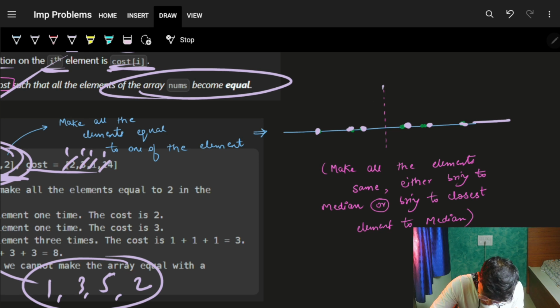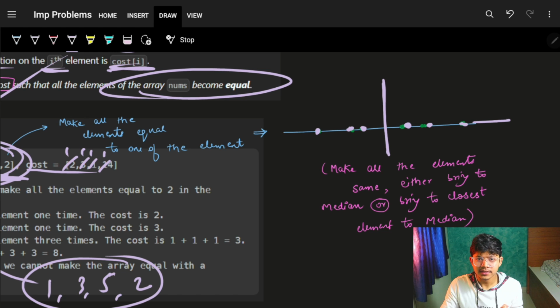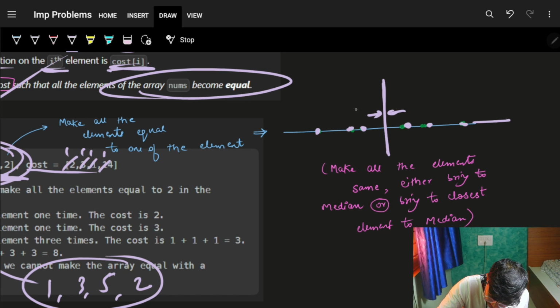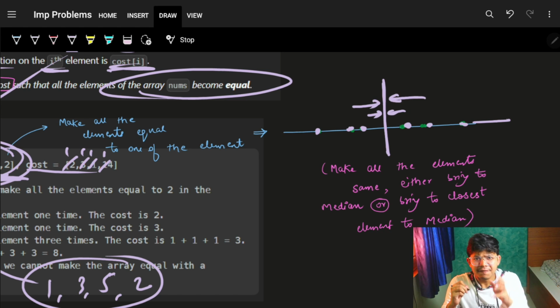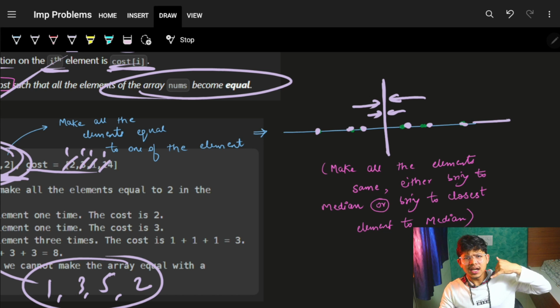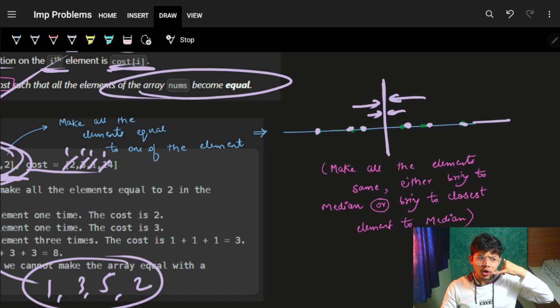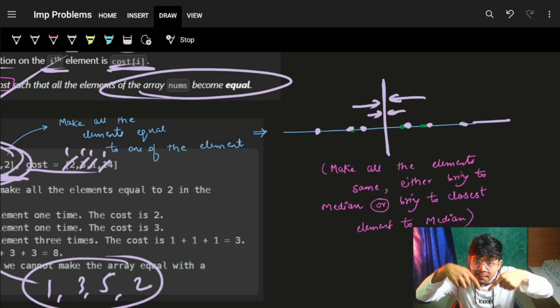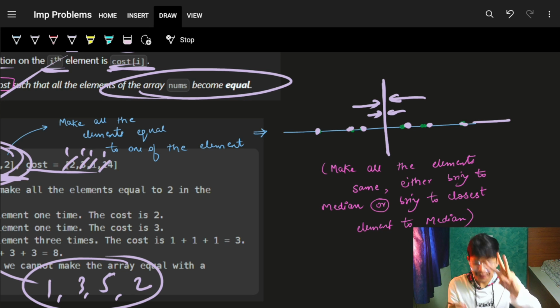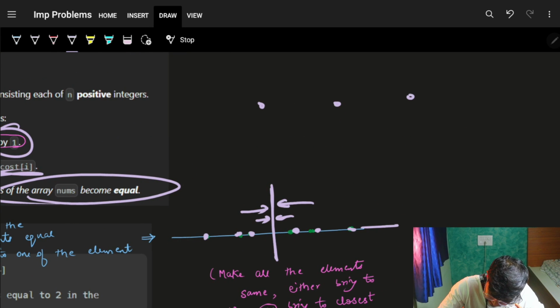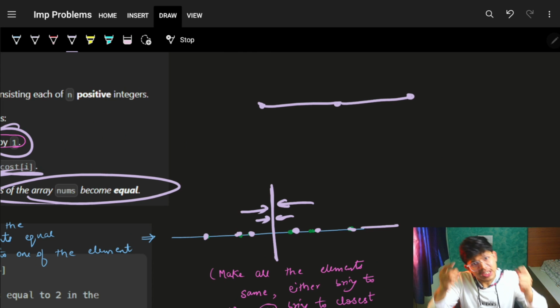Why is it that I will bring all the elements to the middle? Whenever you ask your friend, "Hey, yaar, we need to meet," it's always good to meet at a middle point. If you have three friends, and all three want to meet,